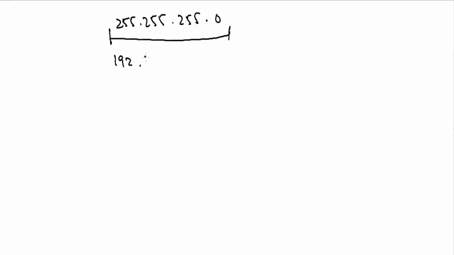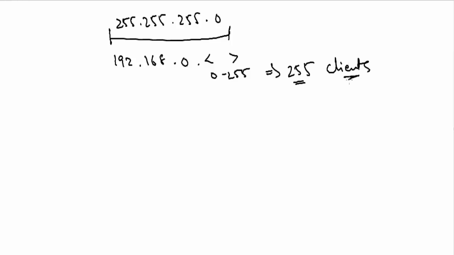It will start with 192.168.0 dot, and the last part can take from 0 to 255, right? So ultimately I can have somewhere around 255 maximum clients. And out of this 255, one IP will be reserved for your router. So basically 254 clients. Now, routers with this subnet series are very cheap, which we purchase for our home, because we will never have 254 systems at home which will access the internet, right?